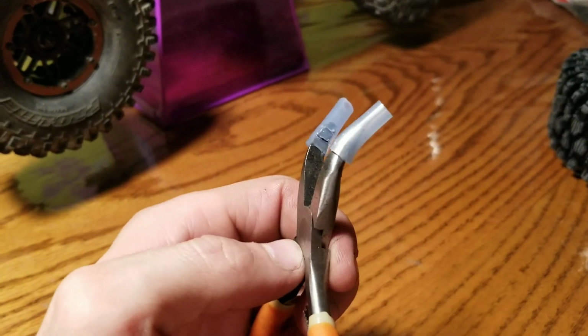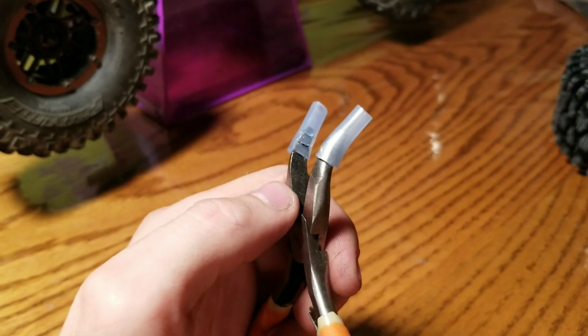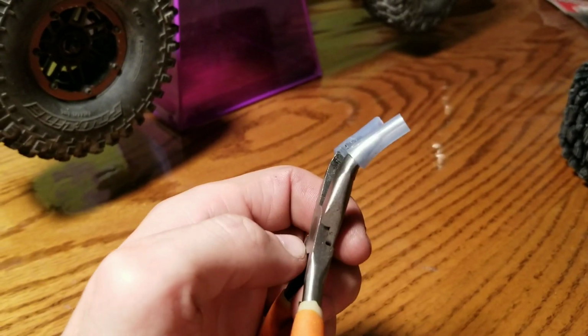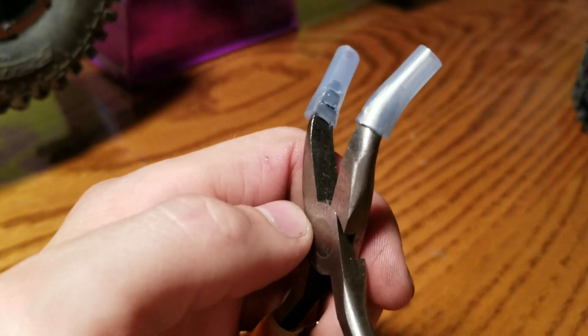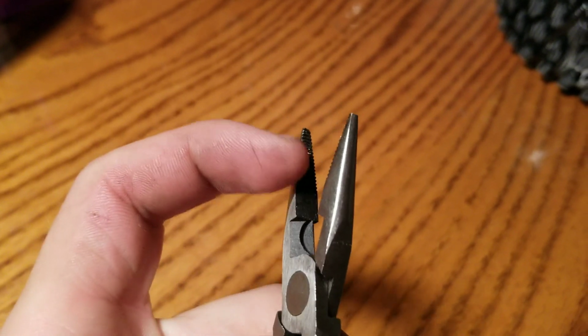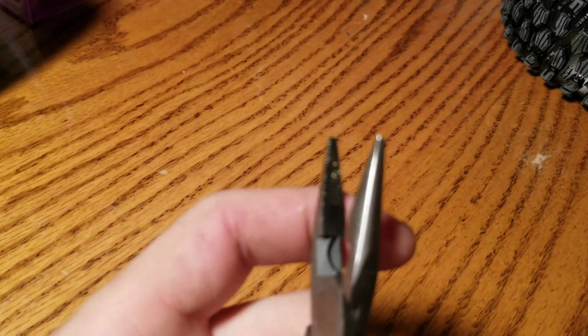See how this doesn't have those little serrated things to give it bite? It's nice, and see how smooth it is. It's just nice and smooth, and that's what you want. You don't want to use something like this right here. Let me get you, there you go. See how it has all those little teeth in there to help bite? You do not want to use that. Just so you know,